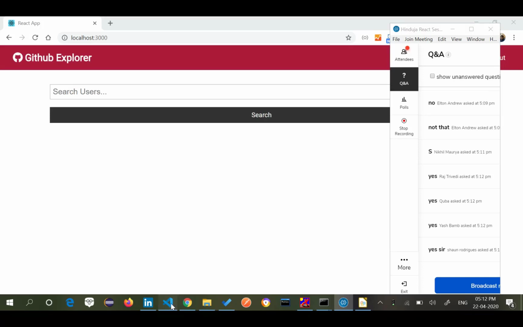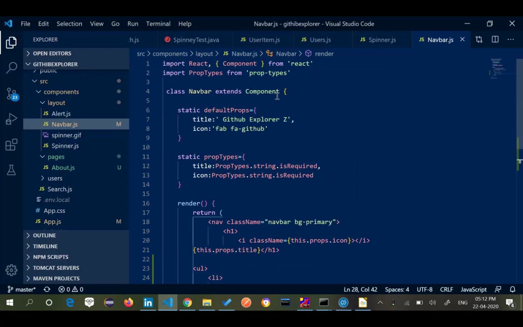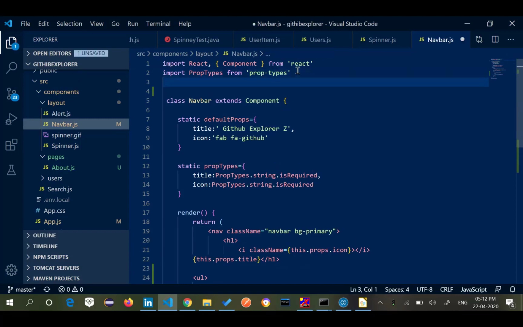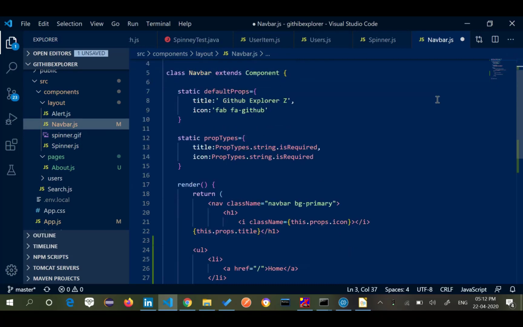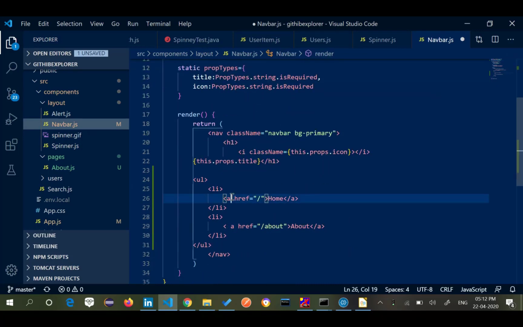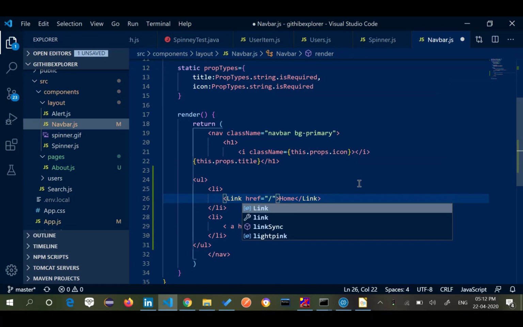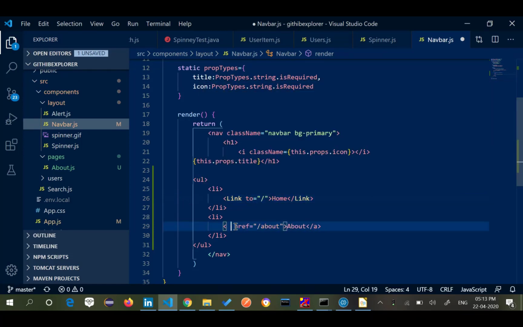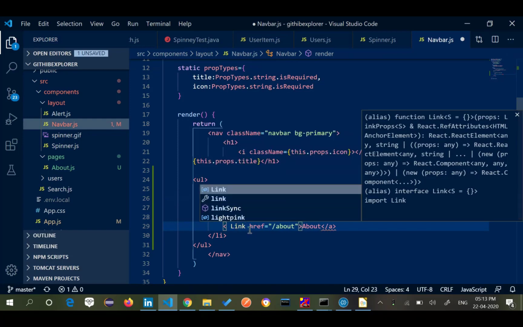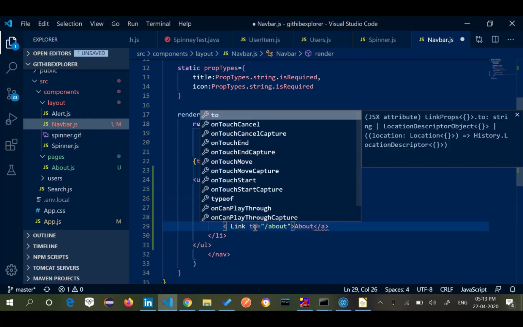So to do that, instead of making use of ahref, what do I do? Import Link from React Router DOM. Then you use Link, and instead of href, you say to.